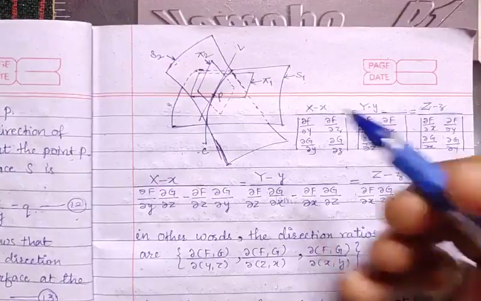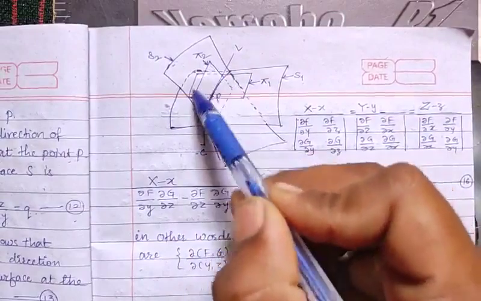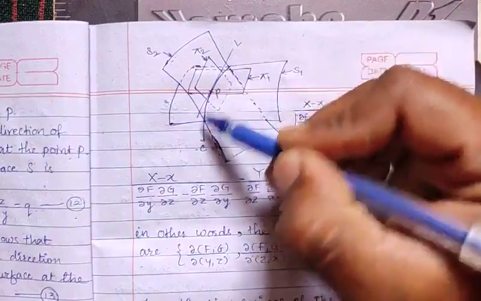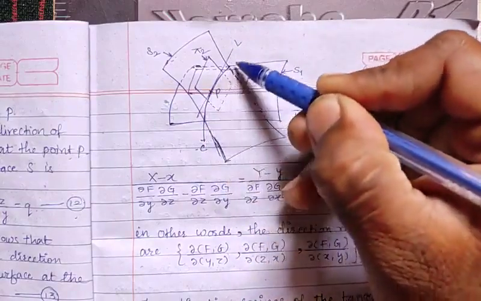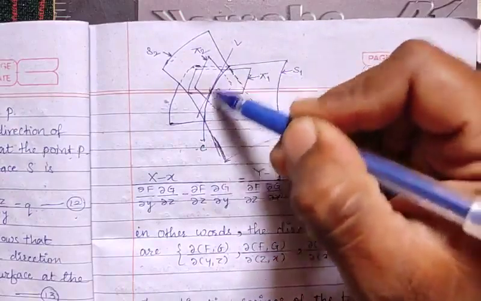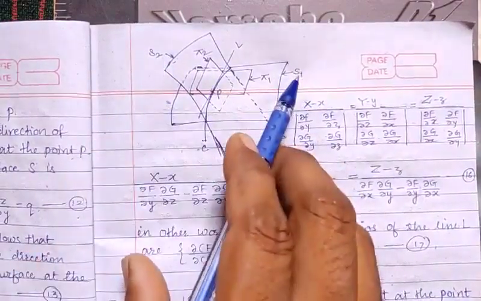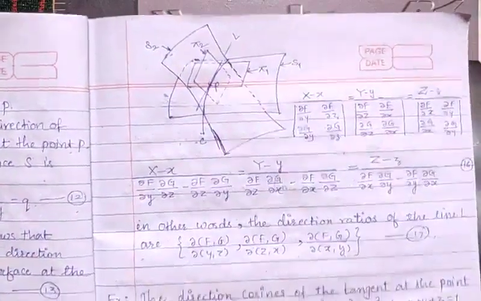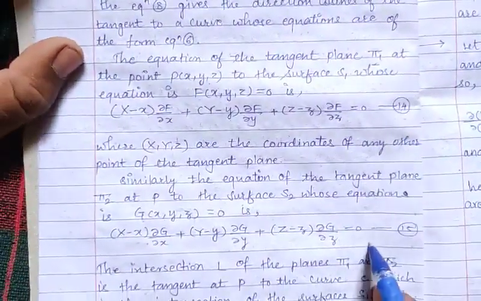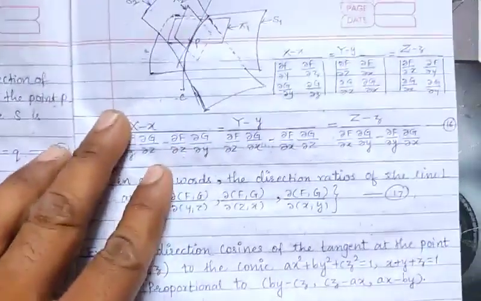Now let's see the graph. This is the first plane and this is another plane. This is the intersection of these two planes, which is a line. So there is a point P whose tangent is this curve. This is surface 2, this is surface 1. Now we have to solve these two equations 14 and 15 by using Cramer's rule, using the formula.